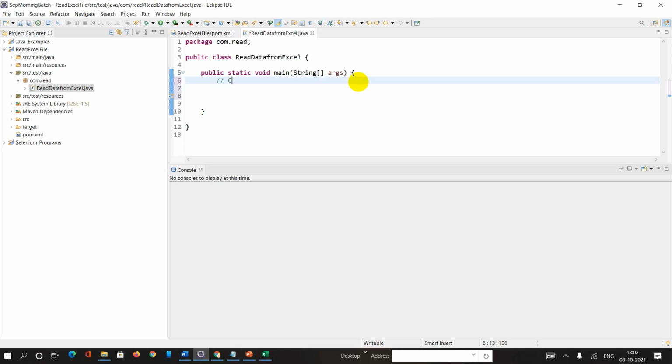So first we need to create an object of file class to open the XLS file. So let me create an object.